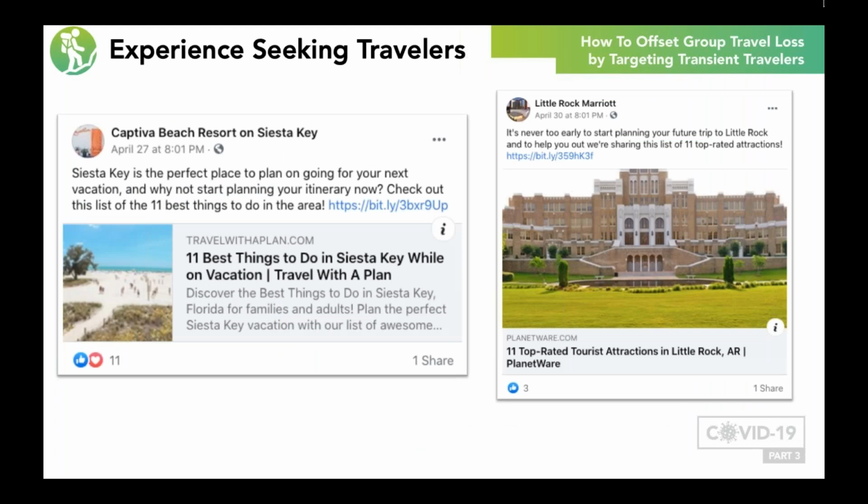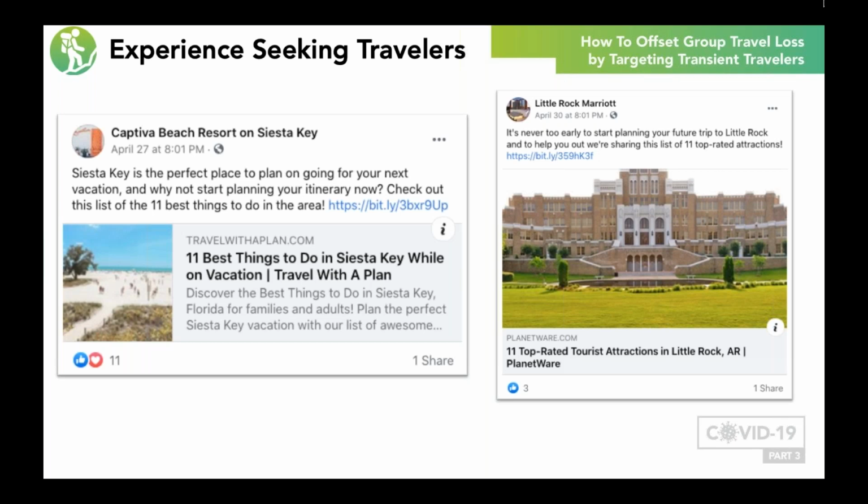So how do we attract and capture the experience-seeking transient traveler? For this, we want to start to identify and post about what's available to do in your area. At first, we might want to start with activities where it's easy to social distance, like outdoor activities, parks, hiking, etc. Although travelers want an experience, they might not be willing to risk their health right now. It's extremely important to be accurate with this type of information that you're posting and to abide by all local and state rules and restrictions.